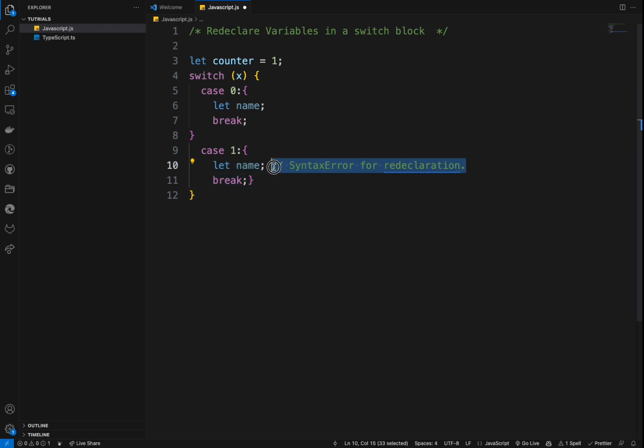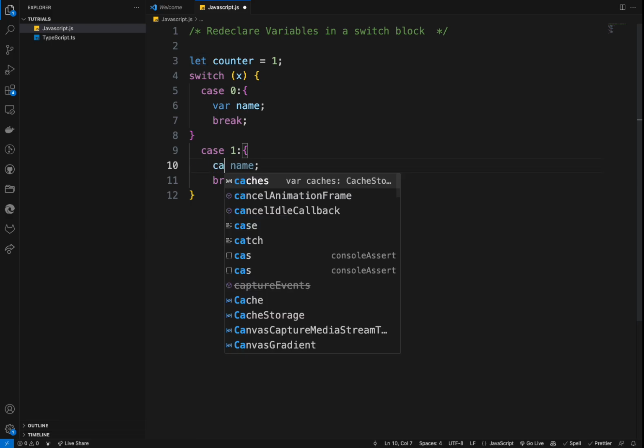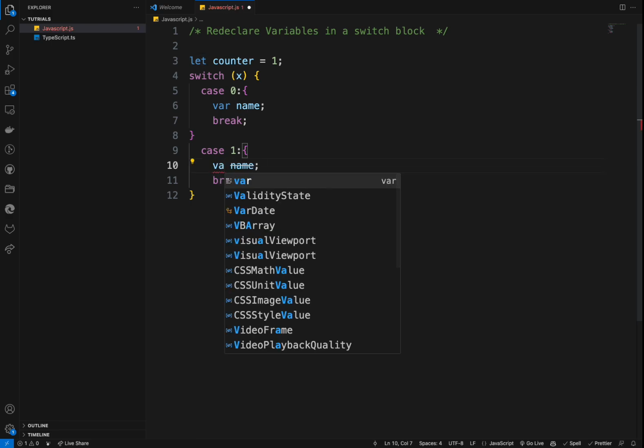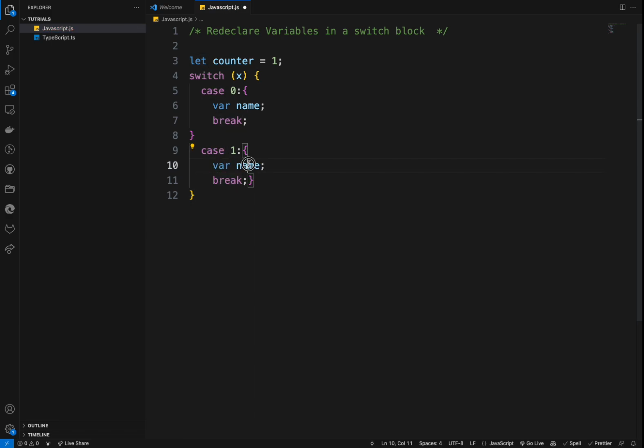This works because variables declared with let have something we call block scope. Because of block scope, the variables are only accessible inside this block and are unique inside this block; they have no business outside of the block. If you have var instead, it should cause an error, because var has function scope,